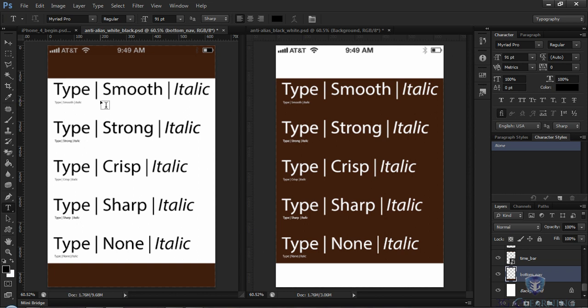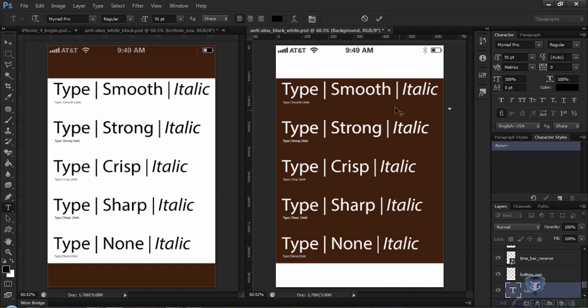is each anti-aliasing method: smooth, strong, crisp, sharp, and none, and I have done it in large type as well as small type. Which method of anti-aliasing you select may depend on whether you are doing italic type, or whether you have dark text on a light background, or light text on a dark